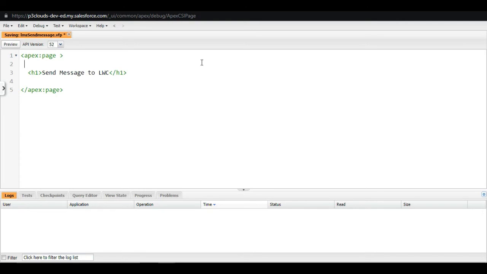Okay, so now we have created a Visualforce page where we have an h1 tag. You can just preview it, what exactly it's showing now. Okay, so it is showing send message to LWC.